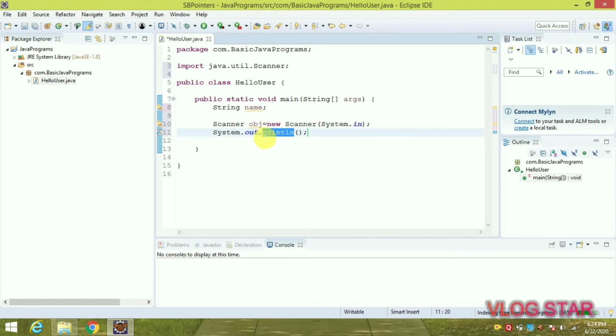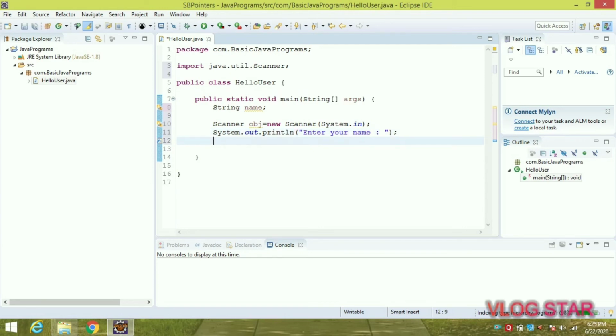So we can invoke this method by using the out instance as well. Now println we are using for printing, and this ln is for new line. If we only take print, it will continue on the same line. Now here we are asking the user to enter your name, as this is our output statement.